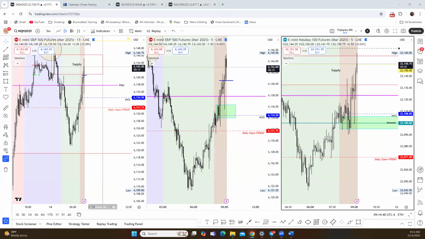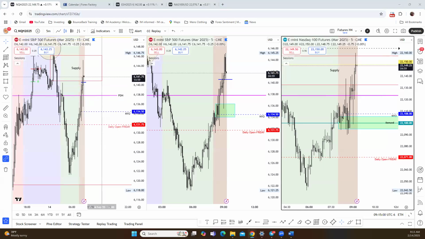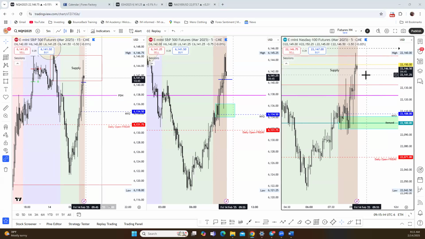So trail your risk up to that top end of the 5-minute imbalance on NQ, 22,140 area here. And if it comes and takes you out, it takes you out. And if it gets to the HOD first, 22,163, then great. That way you make less decisions. And if you got in below New York Open, around the area you should, you're securing about 60, 70 points with trailing risk. So if they come for that area, like I said, my trailing risk will be hit and I'll be good.